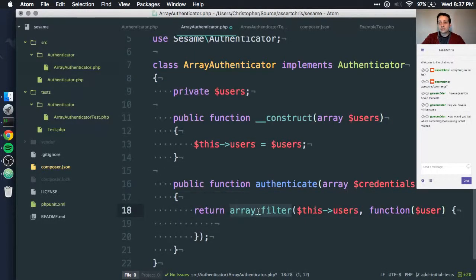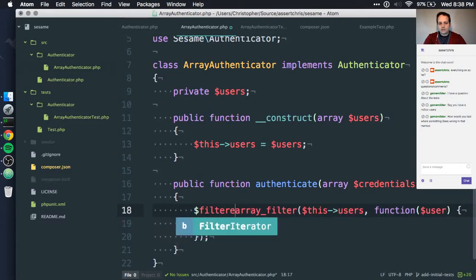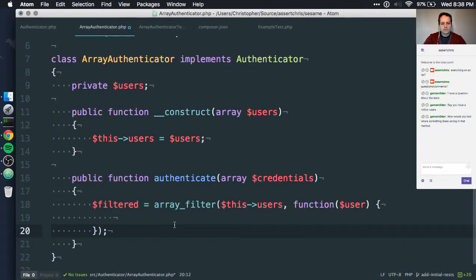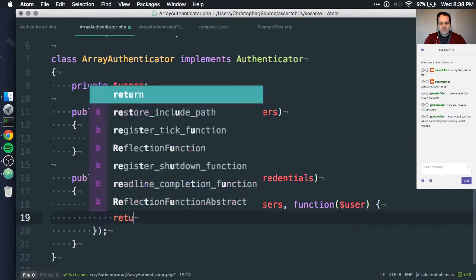Now this array filter function is really useful. What we're saying here is filter this initial array of users, and for each user run this function where the user is provided as an argument to that function. Okay, in fact, let's call this filtered because we're not going to return it directly. Let's give ourselves a bit more space. So here we'll say return,